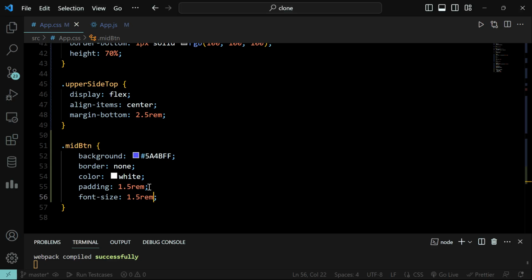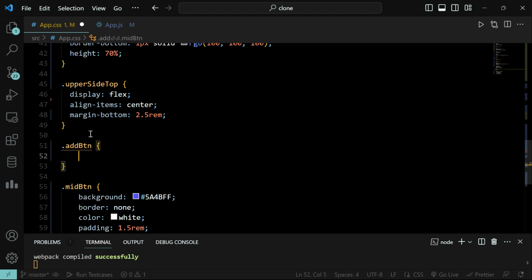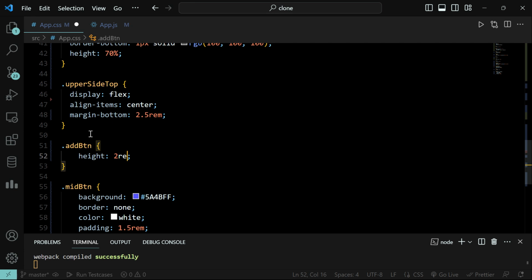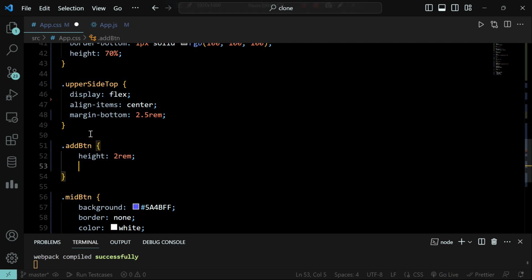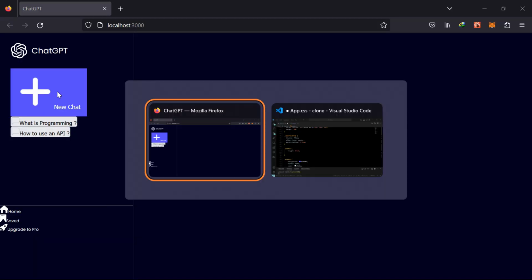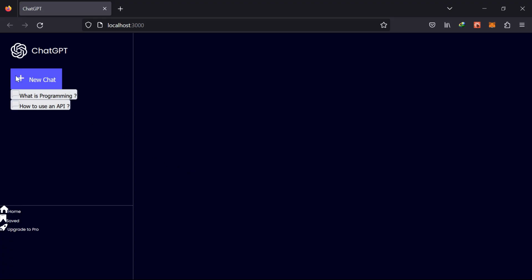But the things that are needed is this, the add button. The add button, we need to resize it first. So what we can resize it with is we can set the height to around 2 rem will be good, I guess. And also if you see, I can add some padding here. So padding right to 1 rem. So if we save it and see, yes, this looks good, but now we need some width